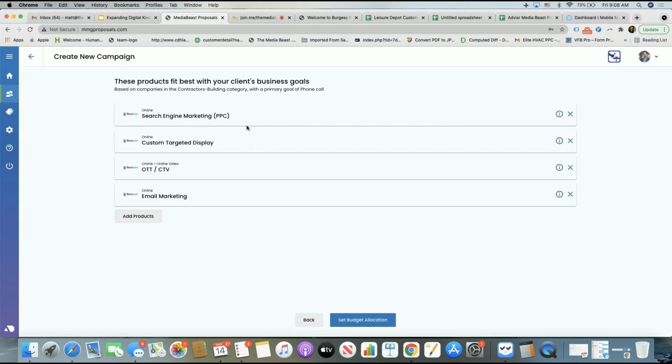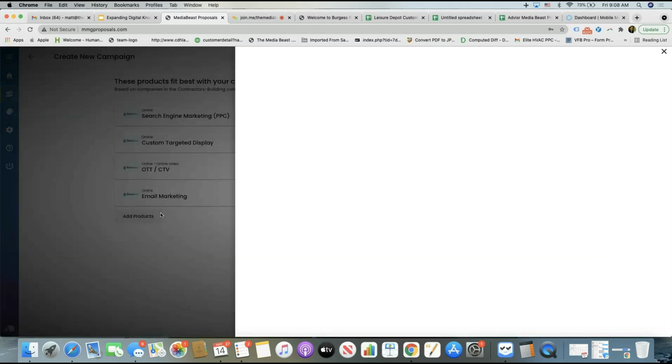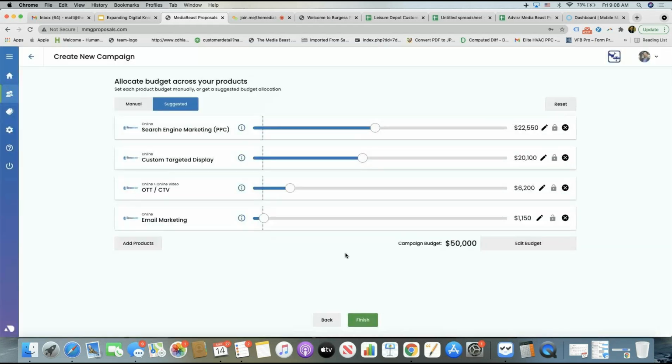Now, at this point, where you are now is that you're looking at the products it recommends. If you agree with them, you hit set budget allocation. If you want to change it, it's as easy as crossing it out and adding another product. It's going to be really slow, isn't it? Okay, we'll come back. You can add another product right there. But if you accept them the way that they are, set budget allocation. And as you can see right here,